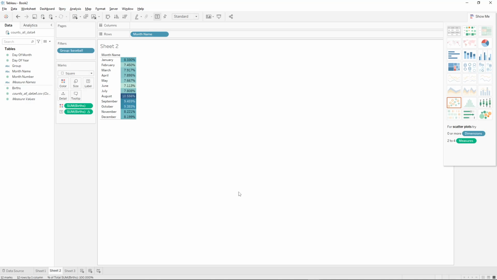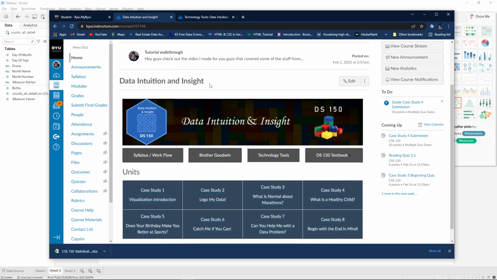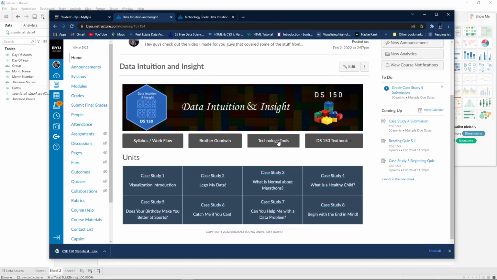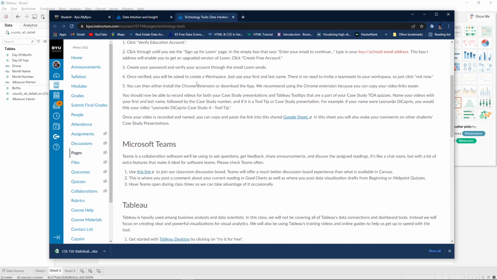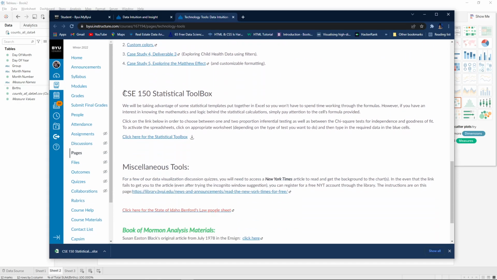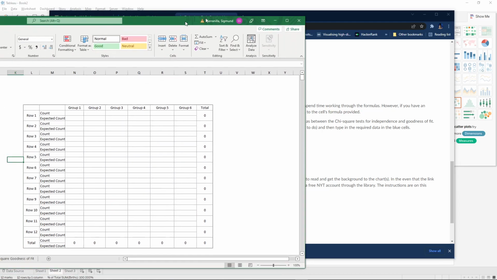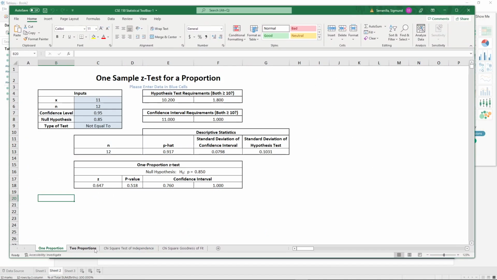And what we're going to be doing is this. Very quickly, if you go to the course and click on Technology Tools, you'll get to this page. And so we're in the Technology Tools. I need you guys to scroll down until you find the CSE 150 Statistical Toolbox. You're going to need to download it, and you'll get something like this that pops up. It'll land you on this, but there should be a tab right here called the chi-square test of independence,